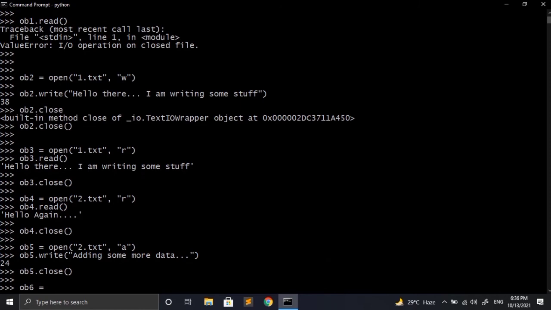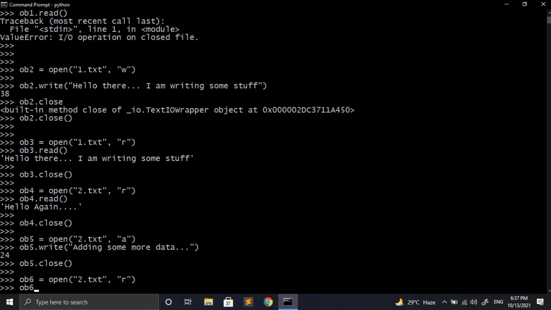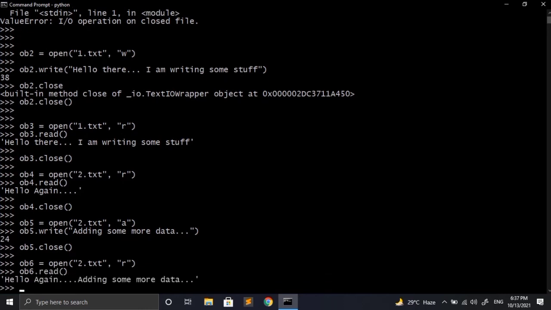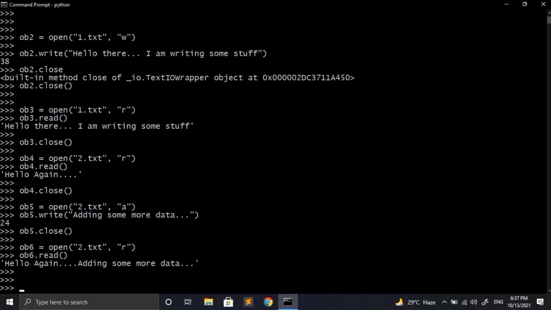will open this file again but in the reading mode to check if the data is added or not. So to read data from the file, I will open the file and specify my mode as R, and after that I will call the read method on the file object, and we can see that some data has been added to the file which is actually appended to the previous data. So in this way append mode works. Now as per the rule, we should close the file because we have performed the task and we have seen the output.